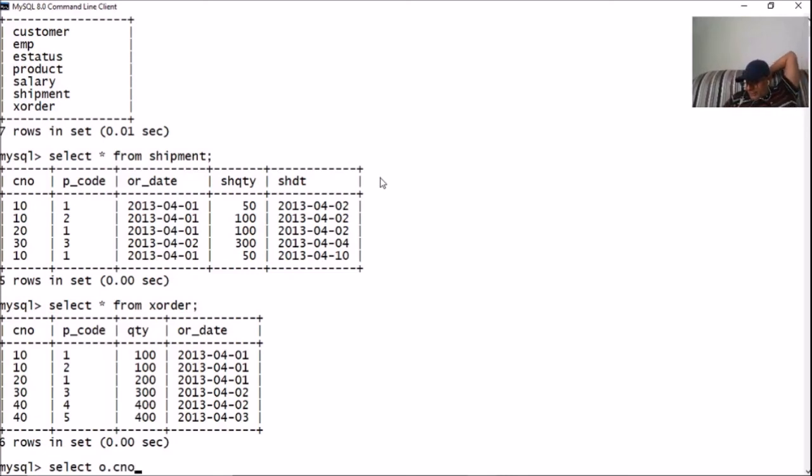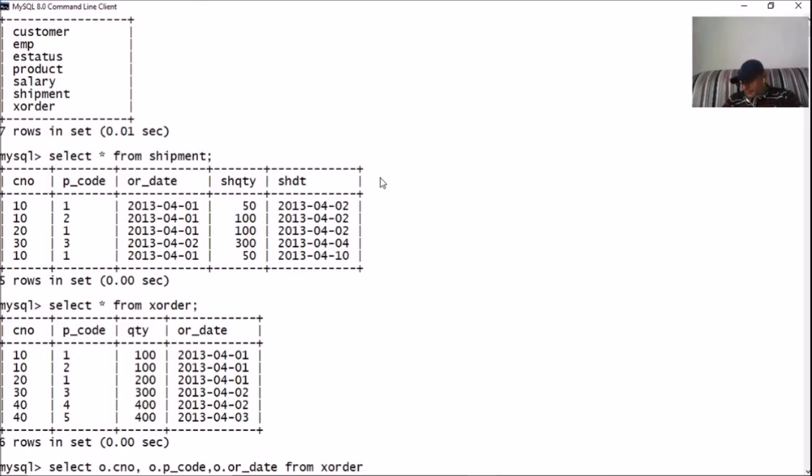So select O dot C number, comma, O dot P code, O dot OR date, comma, S dot. These three things we are selecting from the X order table.